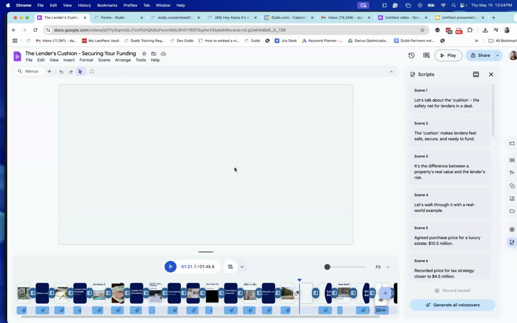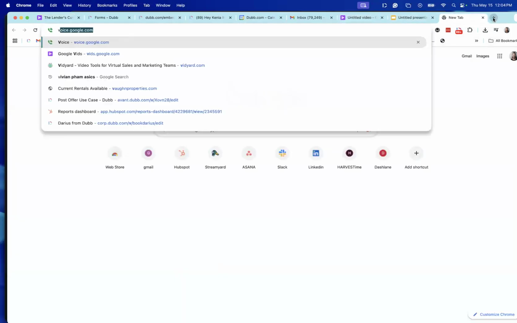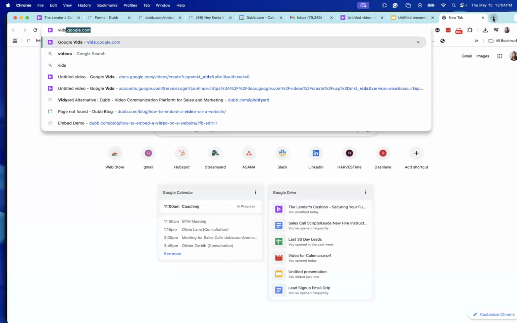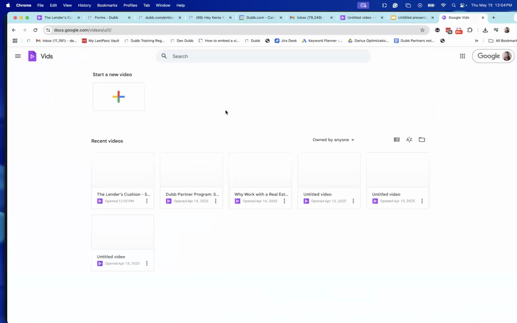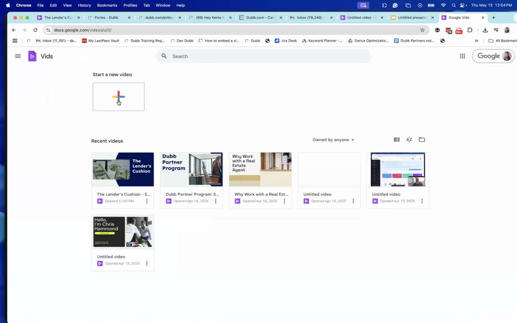So this tool, guys, is Google Vids. You can access it as long as you have a Google Workspace. Vids.google.com takes you directly to here where you can begin using this. What I'm actually going to be doing, guys, is producing a longer tutorial version of this to show how the rest of it worked, because this is just the intro to the concept, not the actual technical step-by-step how-to. I'm going to be producing something longer for that.